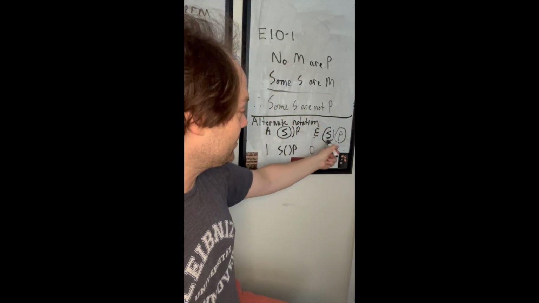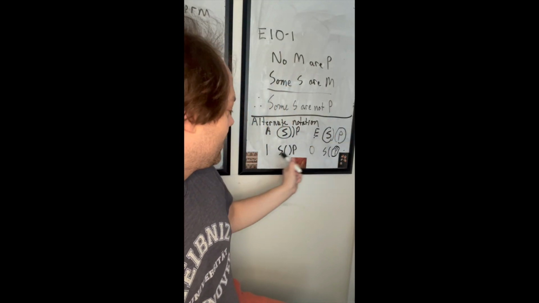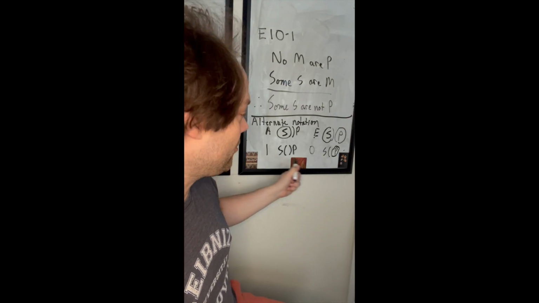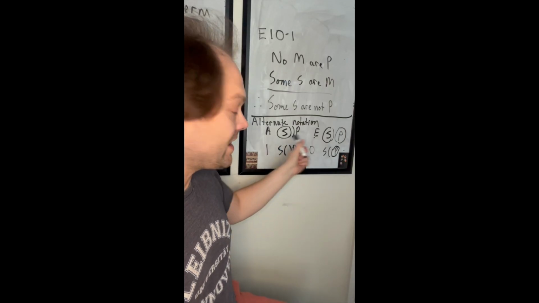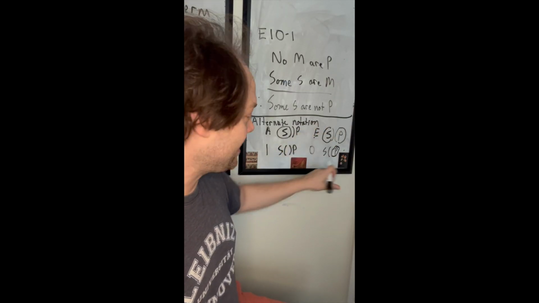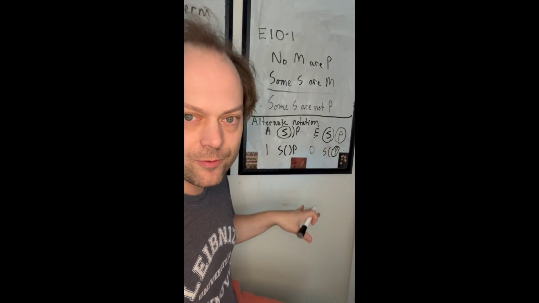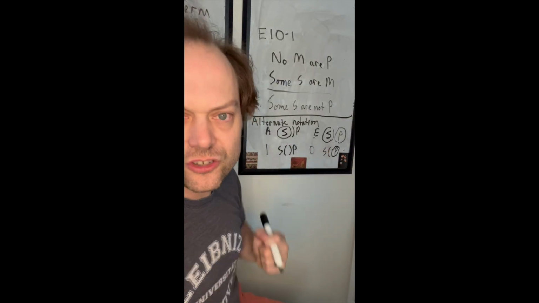Subject for A terms, subject and predicate. For E propositions, I's neither term and O's just the predicate. So it's handy, and it's briefer, and it shows you where the distribution stuff is. So if you wanted to use that, feel free on your scratch paper.